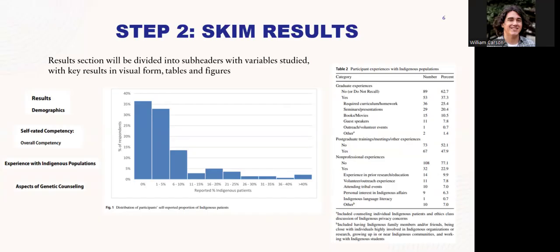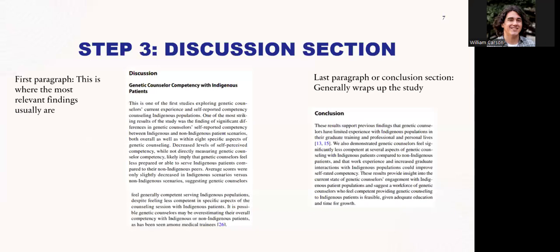So now that you have a little bit of an idea of how that works, now we're going to go into the discussion section. And the discussion section, it's very, very clear here. You just go to the first paragraph of the discussion section. And the first paragraph is where you usually find the most relevant findings. Because we go by sections here, this is basically like the conclusion. It's the buildup of